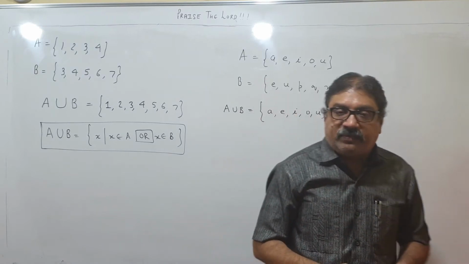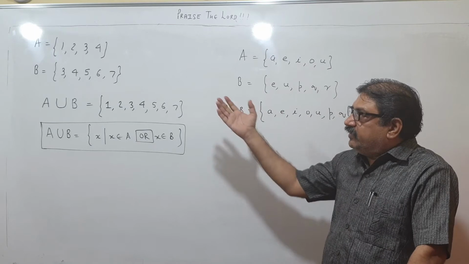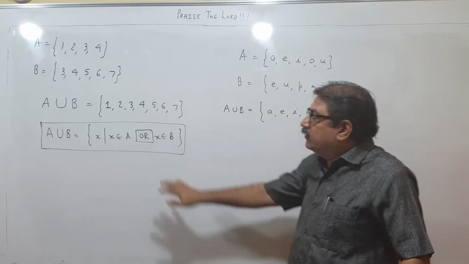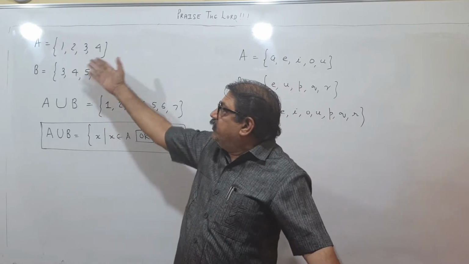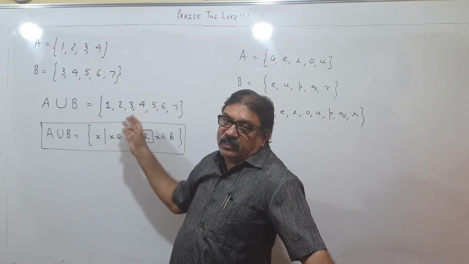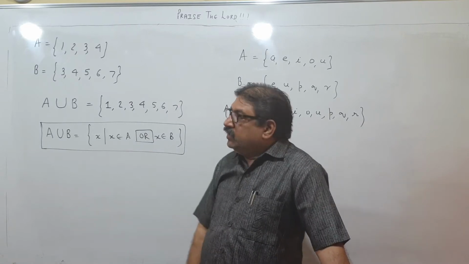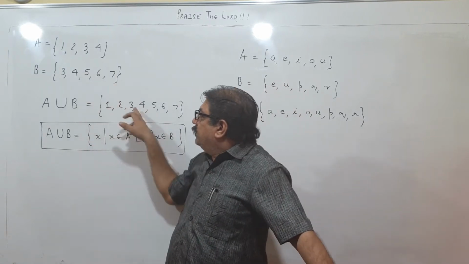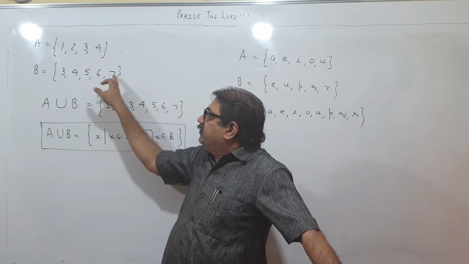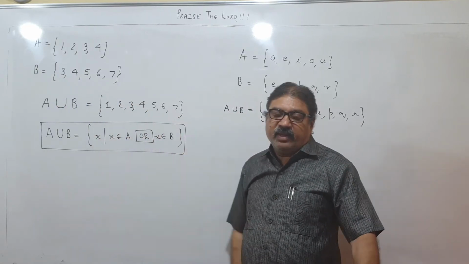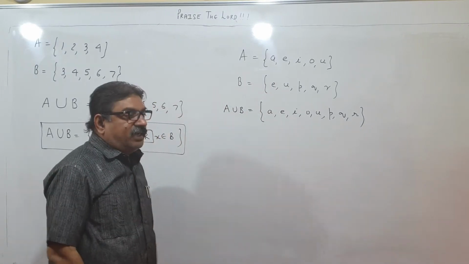What you have to do, understand. First write elements of one set. Then look at the second set. Whatever elements are not written so far, you write those elements. Because in a set we don't repeat. Once you have written 1, 2, 3, 4, I will not write again 3, 4. Because in a set we write one element only once. We don't write twice. So I write 1, 2, 3, 4. Then I come to set B. 3 already written, 4 already written, 5, 6, 7 not written. So I write 5, 6, 7. And the same is the case over here. So this way we get A union B.